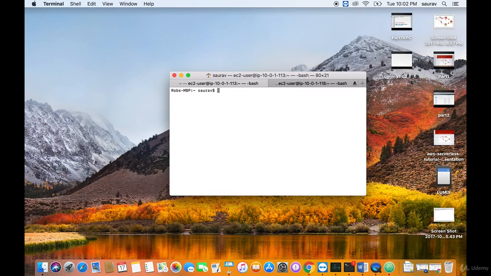And for that, and don't worry, I'll link all the commands that I'm using, and also a summary of what I did in the description below, so don't worry about that. So for EC2 creation, what we need to do is use this command called AWS EC2 run-instances